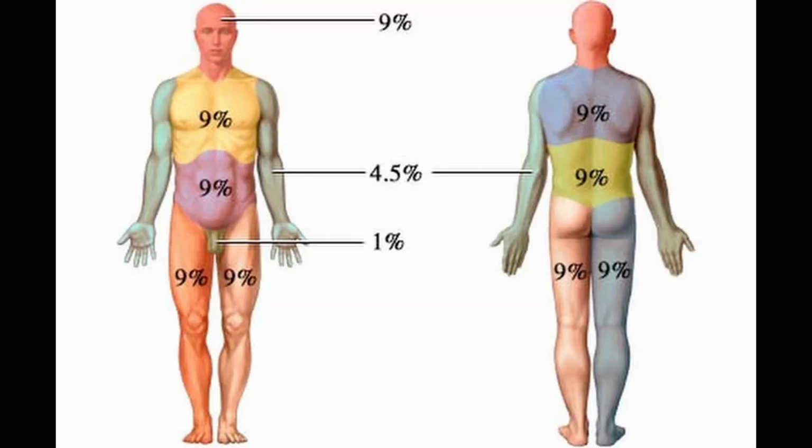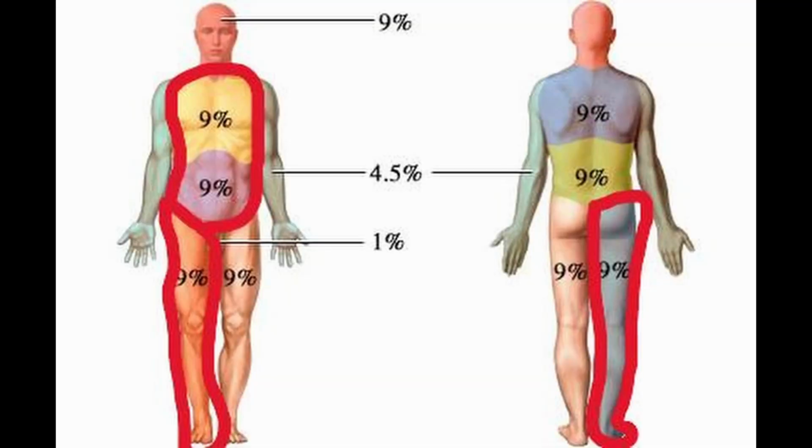So, the rule of nines is an easy way to estimate TBSA in adults. Each major region gets a percentage. The head gets 9%. Each arm gets 9%. Each leg, 18%. Front of the torso, 18%. Back of the torso, 18%. And the perineum gets 1%. So let's give an example. If an adult patient has burns covering the front of their torso and one leg, that's 36% total body surface